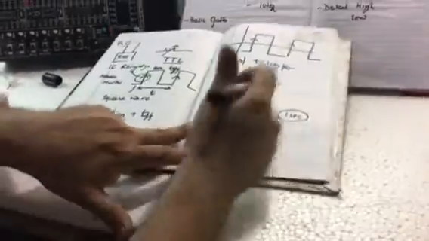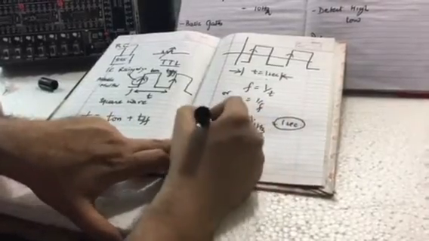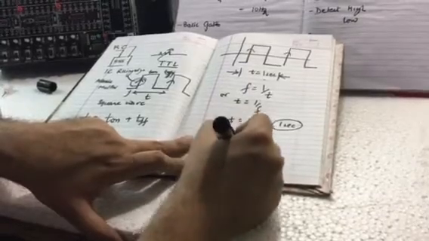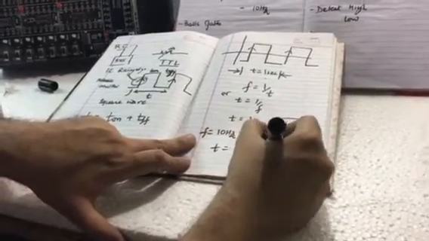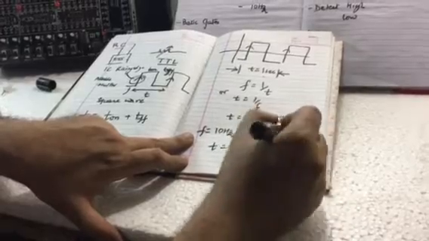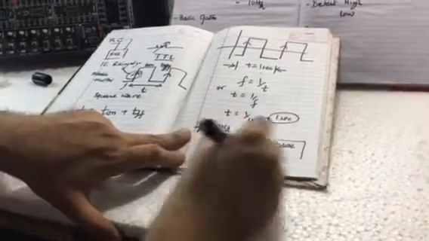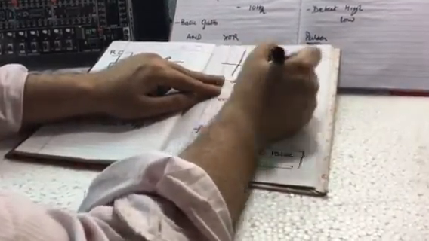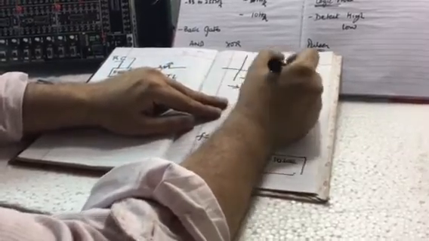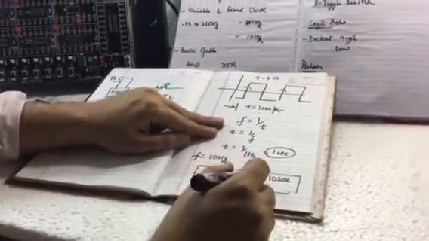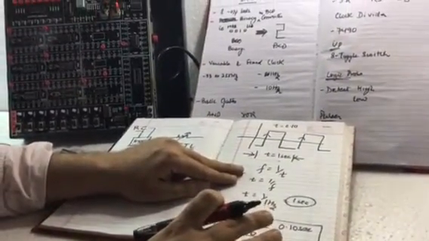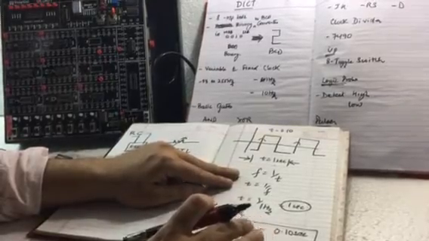Similarly, with the same example, if I say that my frequency is 10 Hz, then what will be my time? Then my time will be 1 upon 10, that is 0.1 second. So this is the time taken. So T will become 0.1. One tenth of the time which it takes to go from one high to the other high will be 10 Hz. I hope you have got this concept. In the next video we will be considering digital signal high or low.